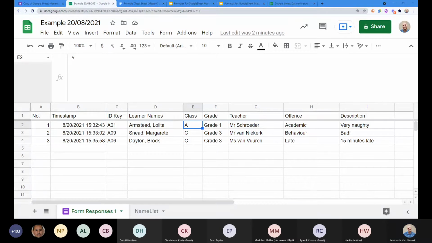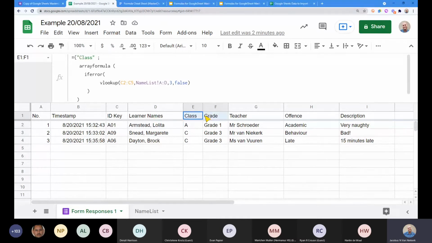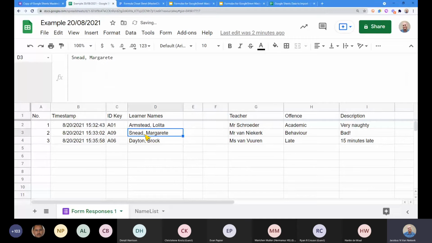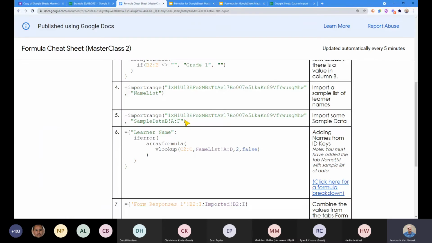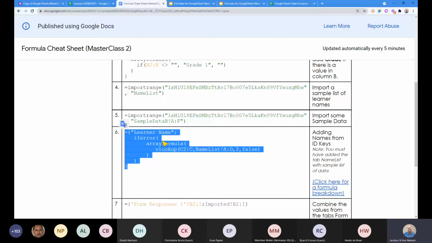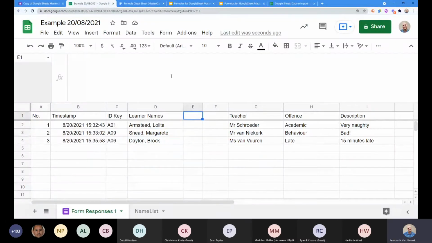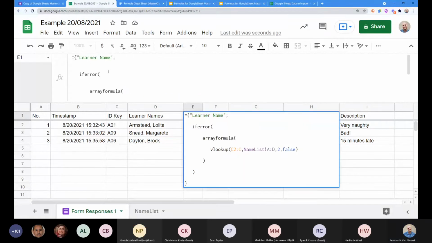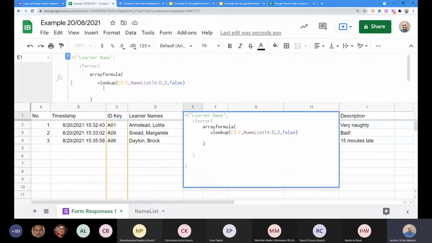Right. Okay, so let me show the whole process again. I'm just going to take these away and show you how you can use the cheat sheet to, well, cheat. So if you've got the formula cheat sheet over here, you can take this formula 6, copy that because it includes everything that we want to use. Copy that, go here, and we'll paste it in column E. Let me just take away some of these extra unnecessary white spaces.